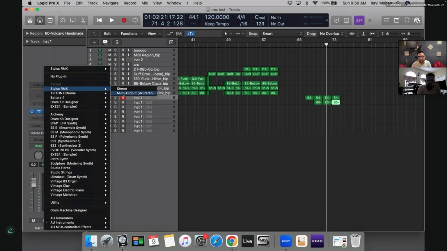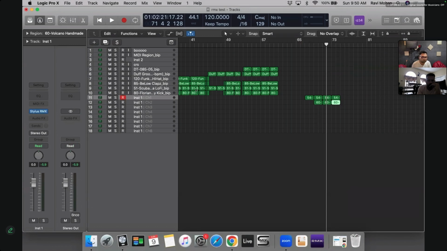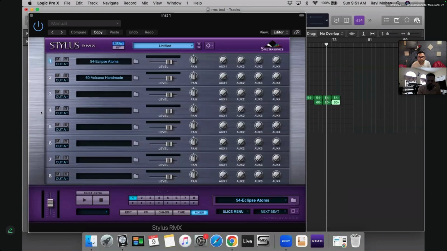But let's say multi-output, you get 9 stereo outputs. So you load it in here, and we just replaced it, and now you see the same thing.